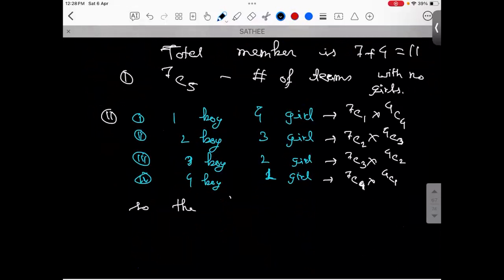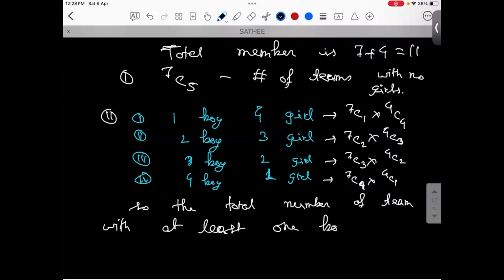So the total number of teams with at least one boy and one girl will be